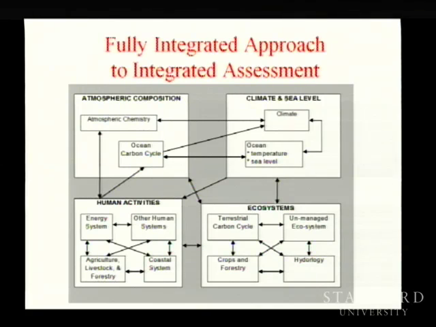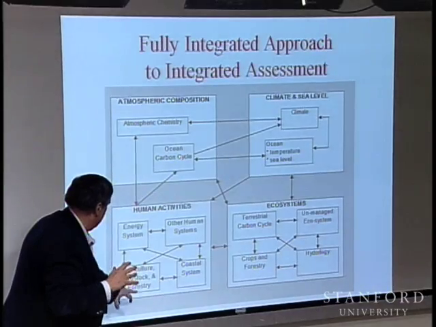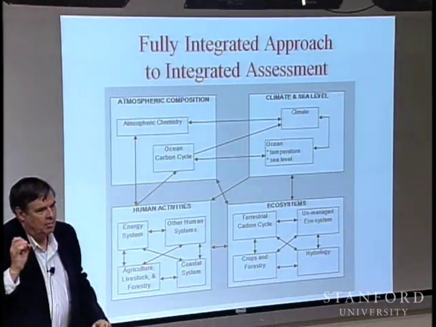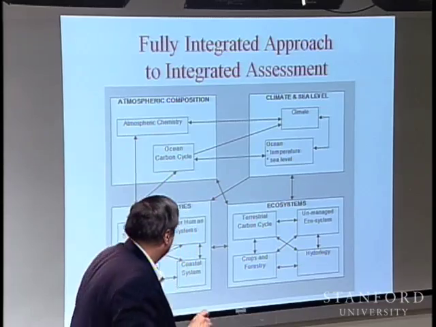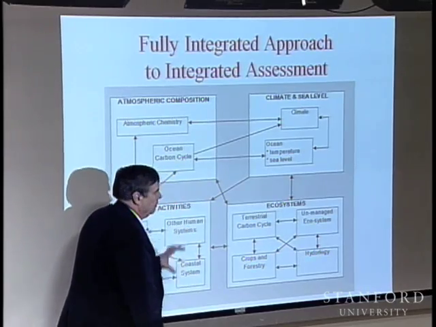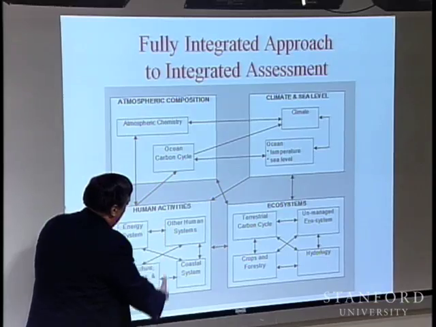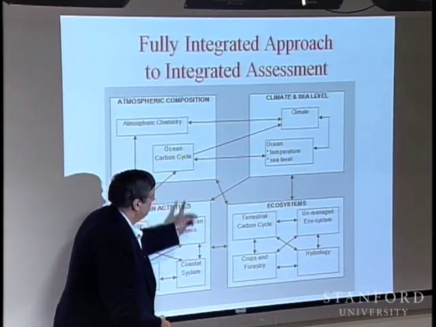So this is a US GCRP picture from way back when. This is what I was talking about: we had an end-to-end version, and we said, well, integrated assessment is really looking at all the interactions. So you start with human activities, engineering economic models of the energy system. Maybe you have enough data to do agricultural, livestock, and forestry. You may or may not have enough land use data to actually run those sensibly, and we're now re-examining that. You would probably bring in hydrology these days, the coastal system, other human development. So this module has models that produce emissions on the one hand, and experiences economic impacts around the horn here,